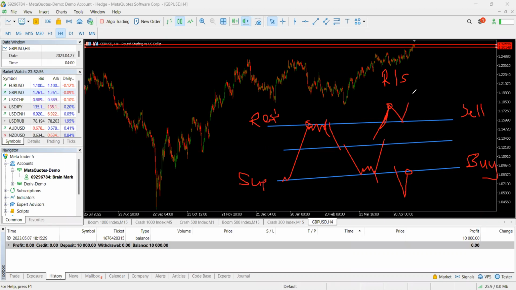If it touches it and goes, we say it tests. If it touches it and comes back again and it gets rejected, we say retest. If it goes and comes and touches it again, one retest, two retest, three retest, and that is how the